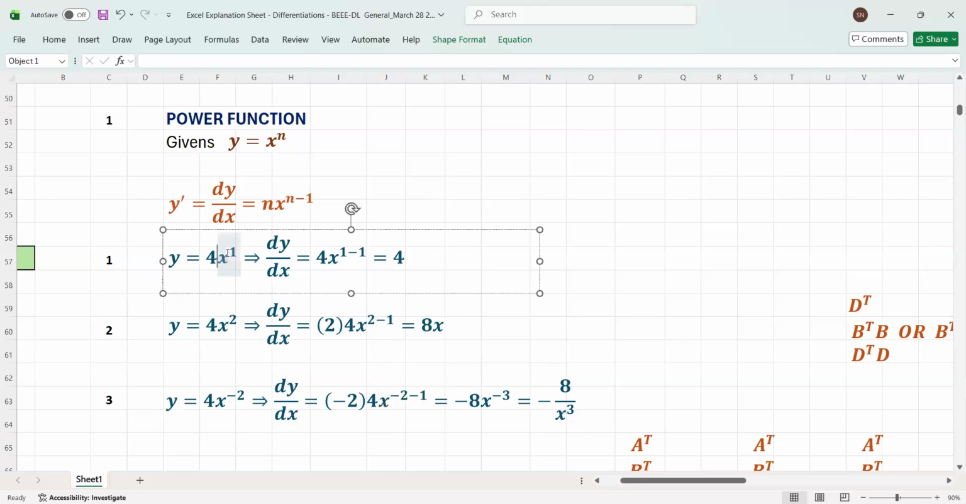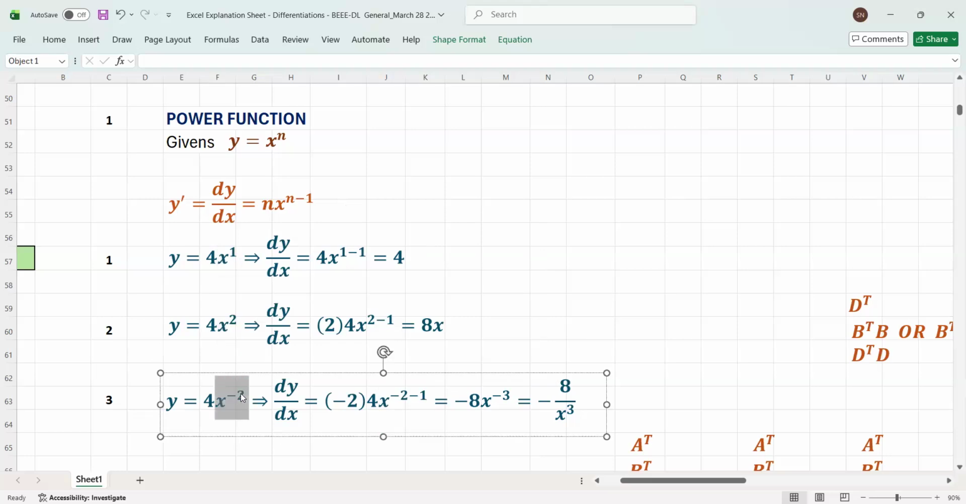Okay. So the first one, the exponent was 1. The second one, the exponent was 2. And then the third one, the exponent is negative 2. So all of them come to pre-multiply, then you reduce the power. Okay, so